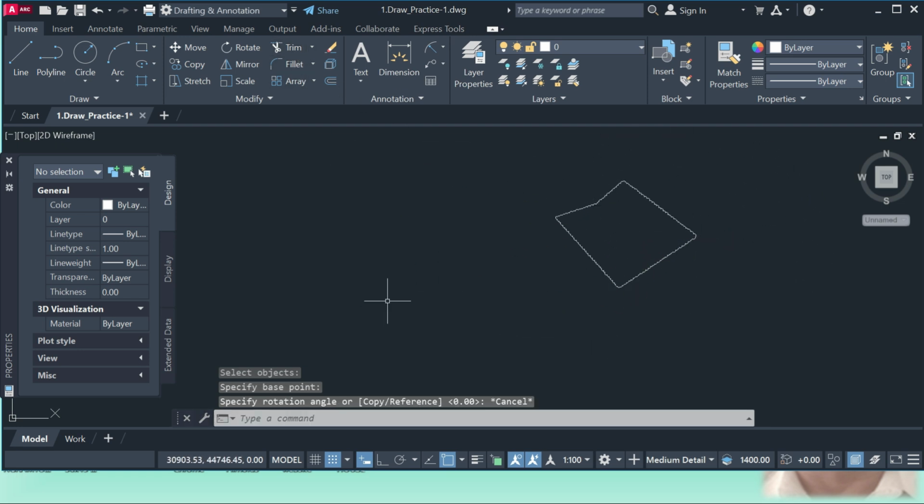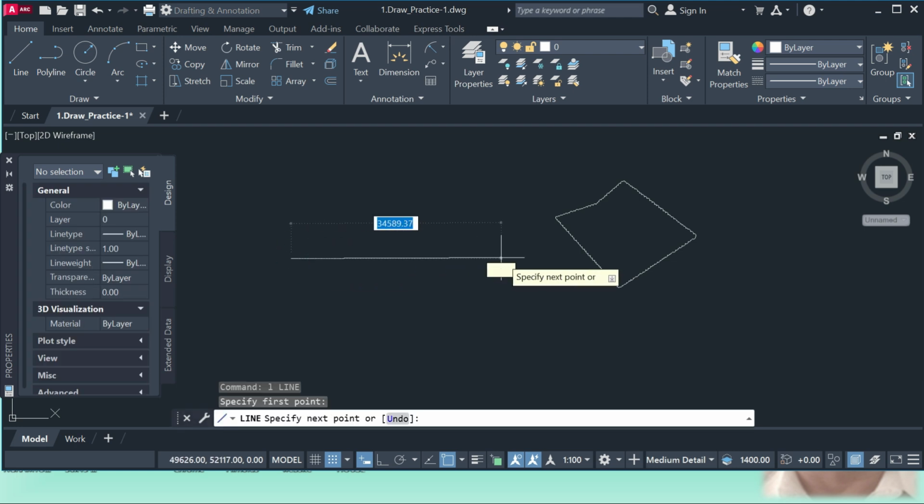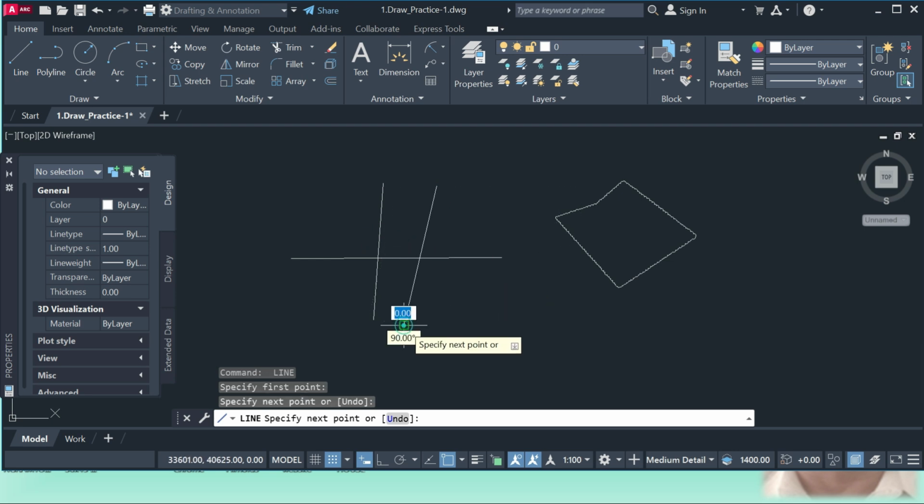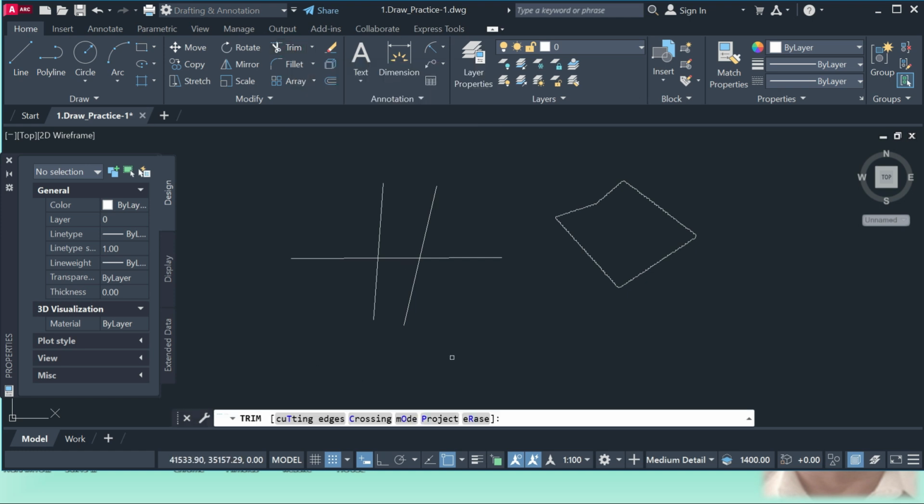And trim. Here I am making two lines, okay. These are the lines I drew here. Then we use the trim, then just click once here. Then it's asking for the cutting edge, crossing, mode, project and erase. So first, erase. You see, anywhere you come on this line, after this line we can cut,